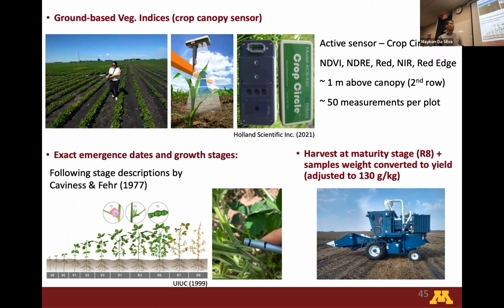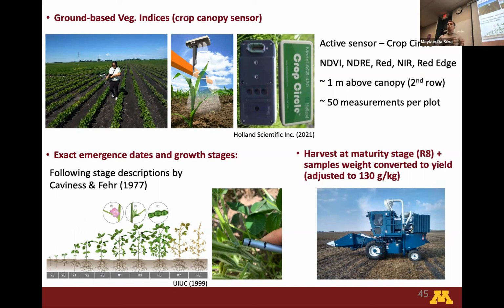This Crop Circle will be run approximately 1 meter above the crop canopy, only on the second row of each plot. And we will collect about 50 measurements per plot. Exact emergence dates and growth stages will also be recorded following the stage descriptions by Caveness and Thurr. At maturity stage R8,